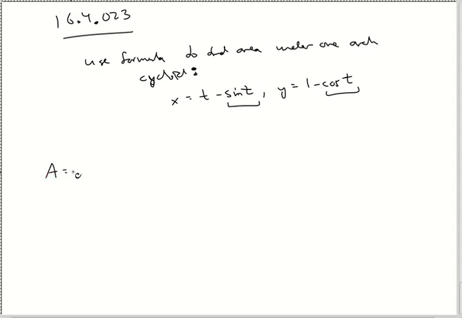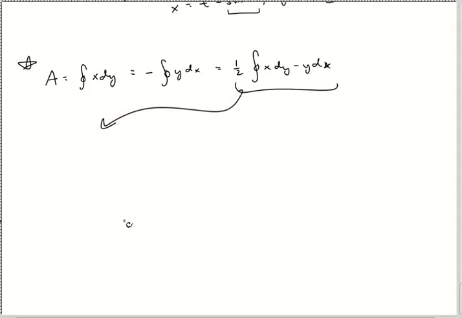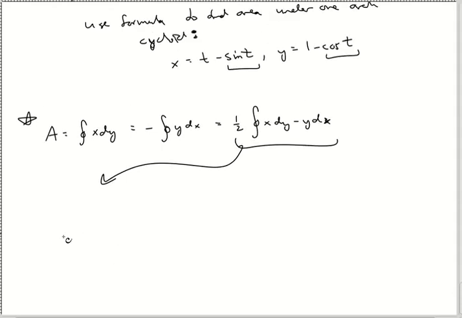So my area is kind of interesting because this is a new formula for you. I had to go and look this one up. It is the integral of x dy, which is also equal to the negative integral of y dx, which is also equal to the half integral of x dy minus y dx. Now you can see the Green's part of this, and I'm going to take this one in particular because, I mean, either one of them is fine, but I'm just going to use that because it looks pretty cool. So 1/2, 0 to 2 pi, and so then I have x dy, so I got my x,